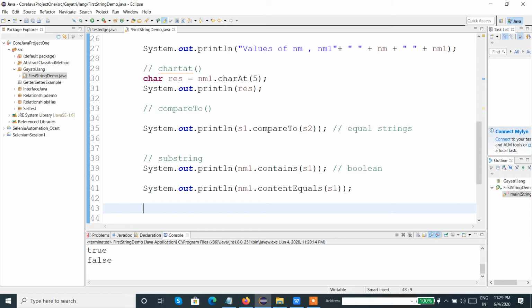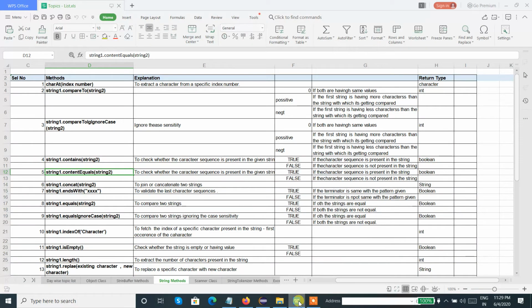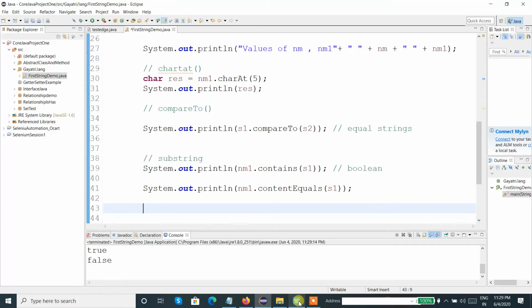Now we will check the concat method. The concat method is used to concatenate, to join two strings.